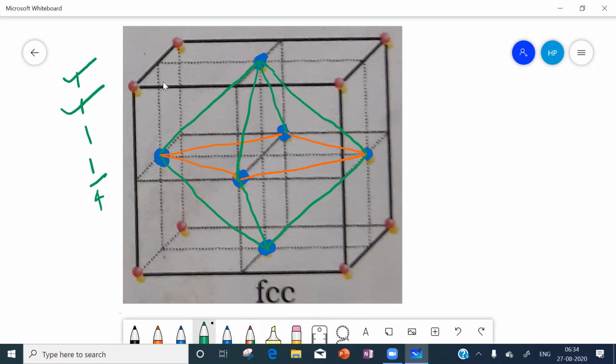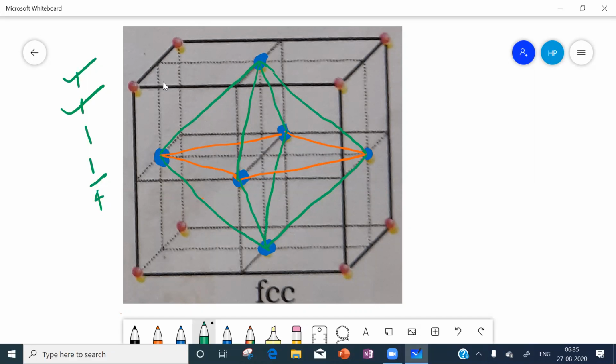Next we will go for here. Let us start from this face center and we will go to the bottom face center.